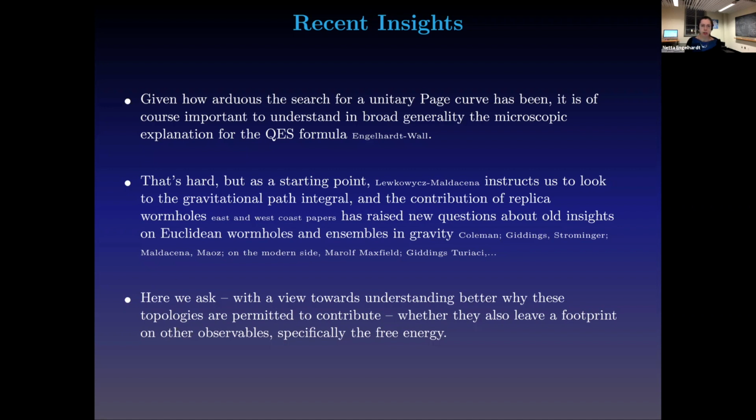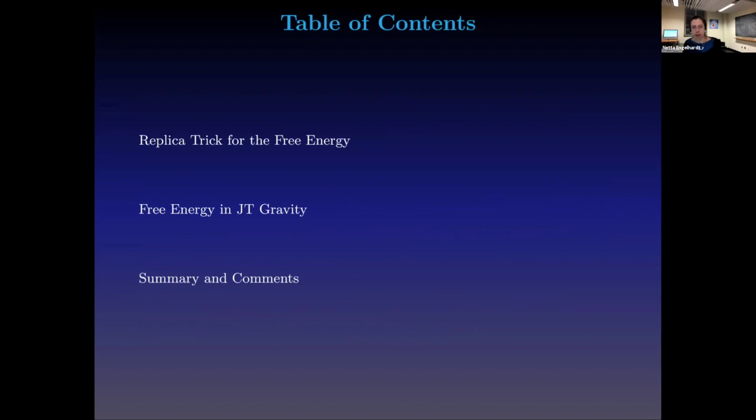So let me begin with the actual talk. I'm going to first introduce a little bit of notation with things that I think everyone here is familiar with as far as the von Neumann entropy replica trick, just to really establish some notation. And then I'll talk about this replica trick that I advertised for the free energy, which is not something new. In fact, I believe it's older than the von Neumann entropy replica trick. And after that, I will move on to free energy in JT gravity. We would have loved to compute the free energy from this replica trick in general theories of gravity, but